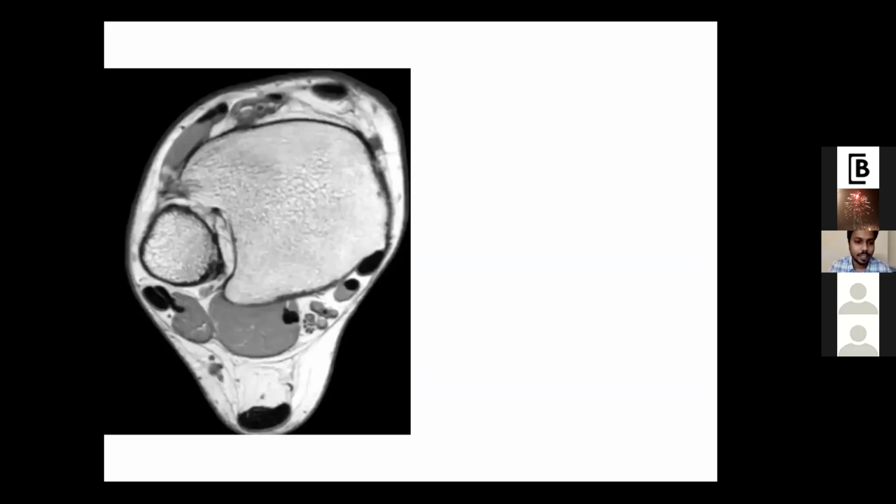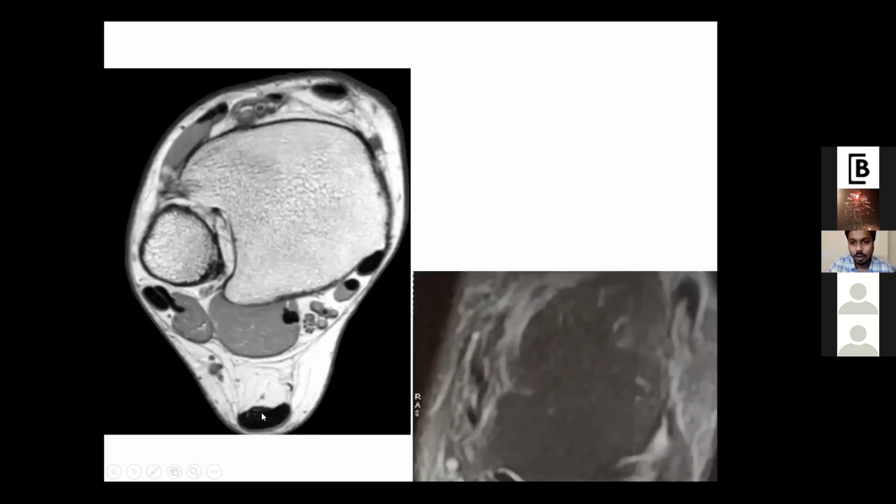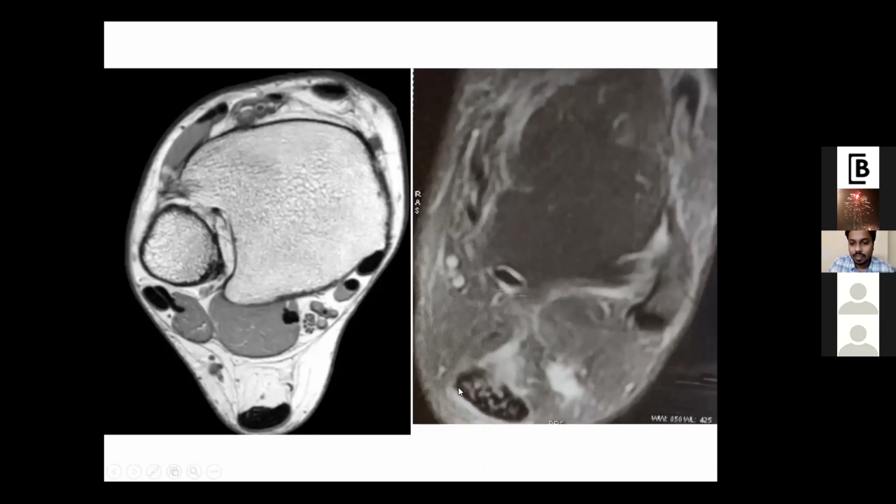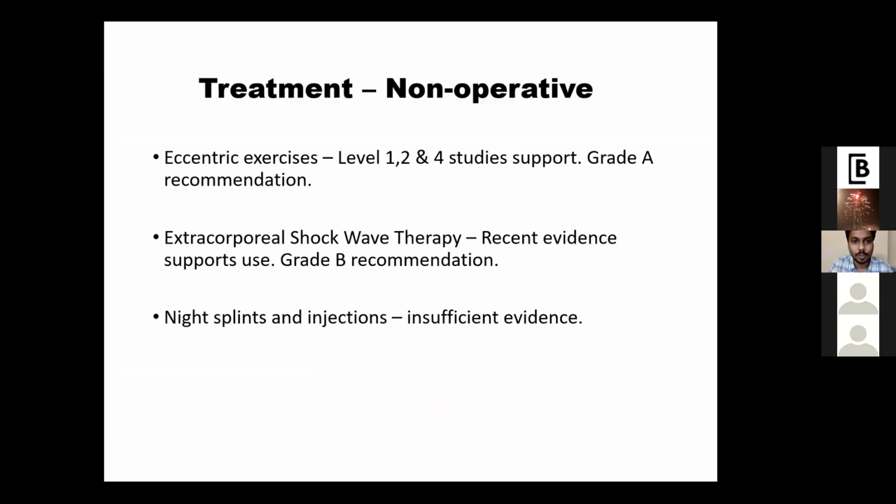Here we see a T2 image where we can see the Achilles tendon on the posterior aspect. This is a normal shaped Achilles tendon. There is no thickening. You can see an inner concave border, outer convex border. There are no intensities or hypersignal changes present within the substance of the tendon. On the right hand side, we can see a typically thickened tendon. There is a convexity present here, and there are altered signal changes within the substance of the tendon. So this is a patient who has an Achilles insertional tendinopathy.